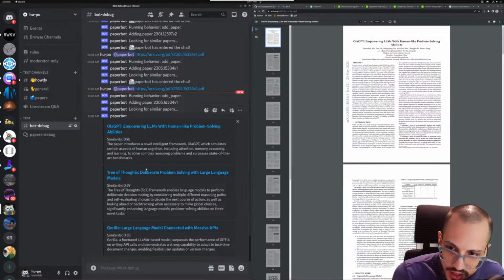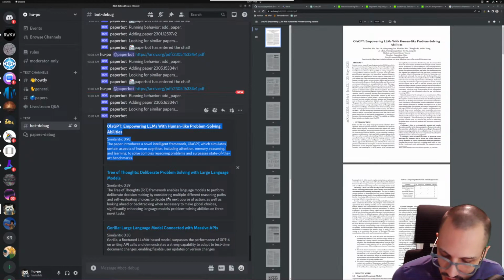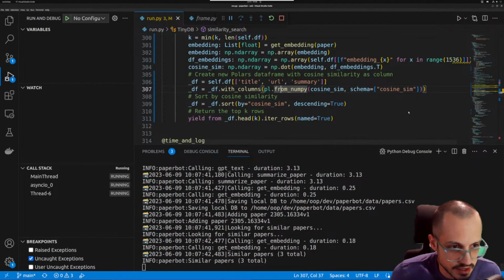Then the next most similar paper that it found is the Tree of Thought paper at a 0.89 similarity. And then the final paper that it found is the Gorilla paper with a 0.83 similarity. So very nice. We probably don't need it returning itself. You know, that's great for debugging purposes. It's great that it found its own self, but